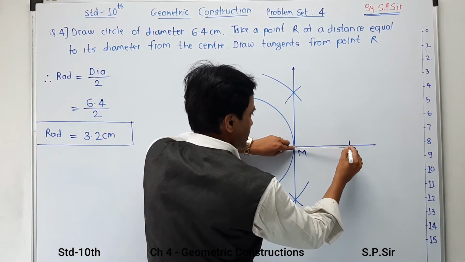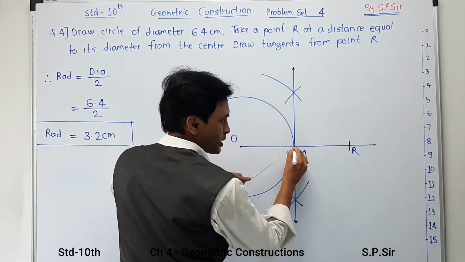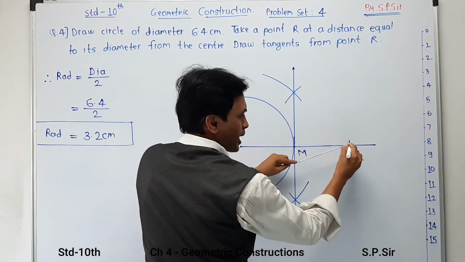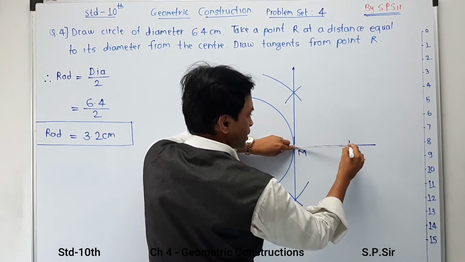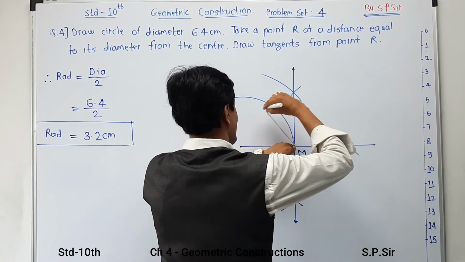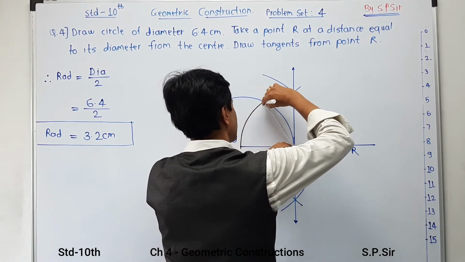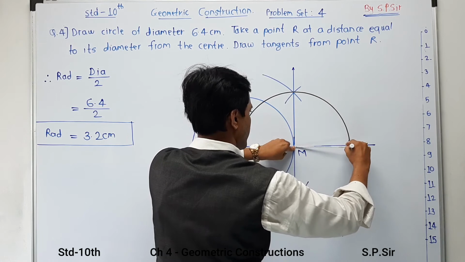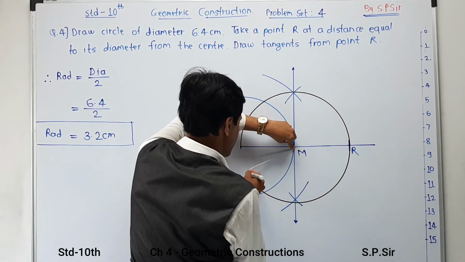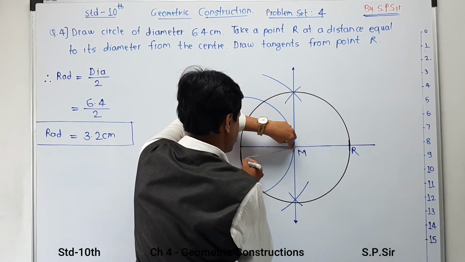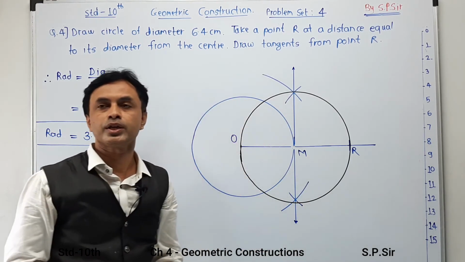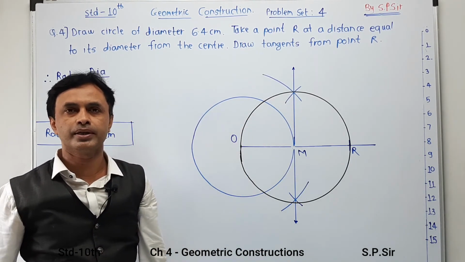Here I am going to take a radial distance from M as a center. Now remember, M is my center and MR is a radius. Keeping that, here I am going to draw one circle which passes from M as well as R, and in this way your part of the circle is going to get complete.